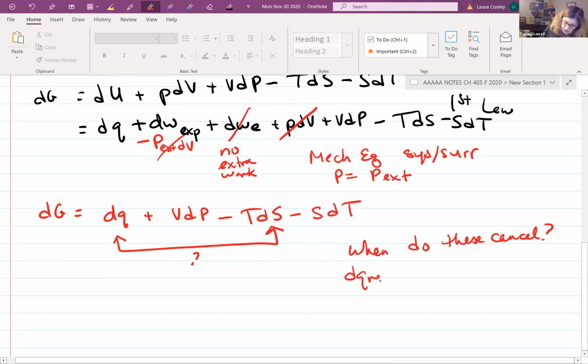Remember, dS is dq reversible over T, so TdS is dq reversible. So if the process, if we say reversible,